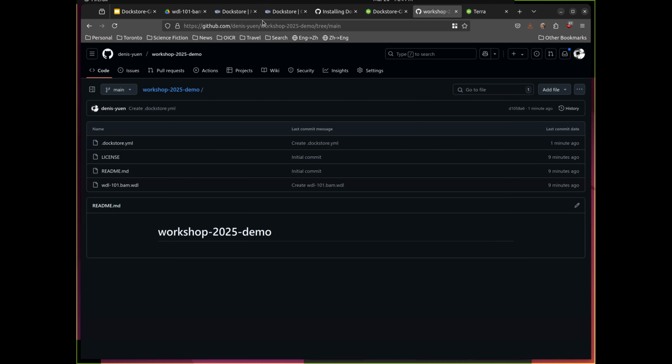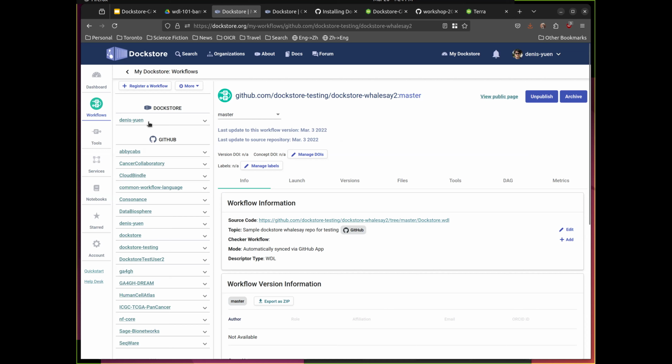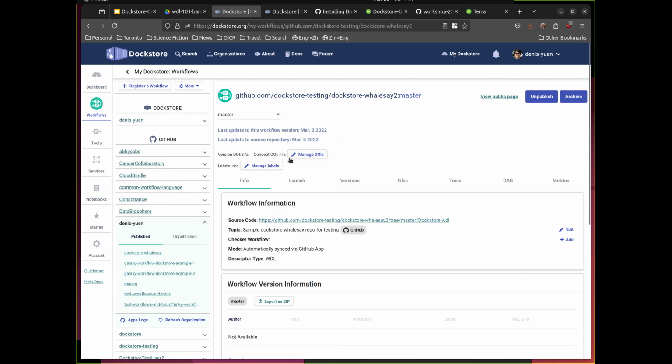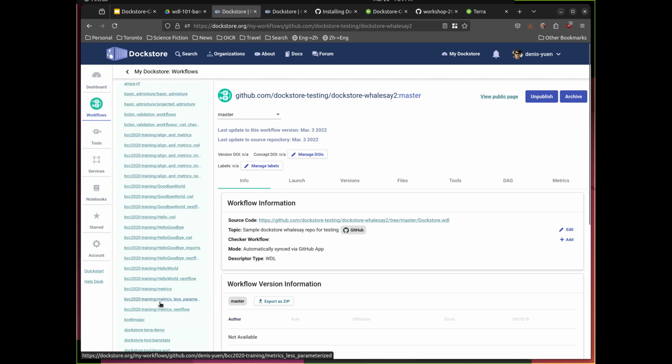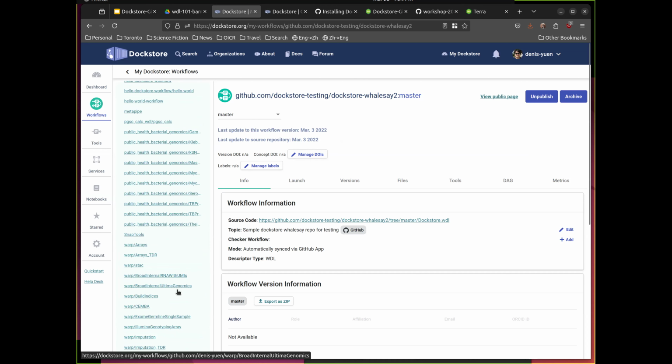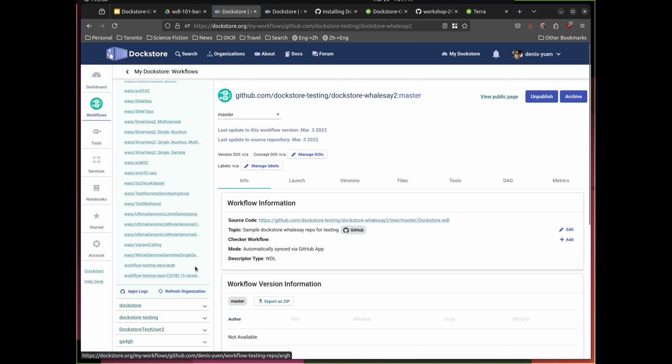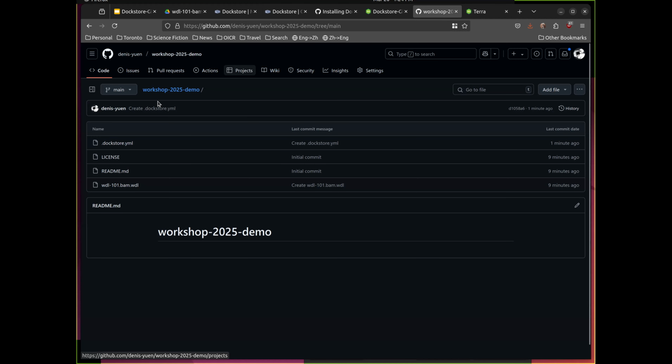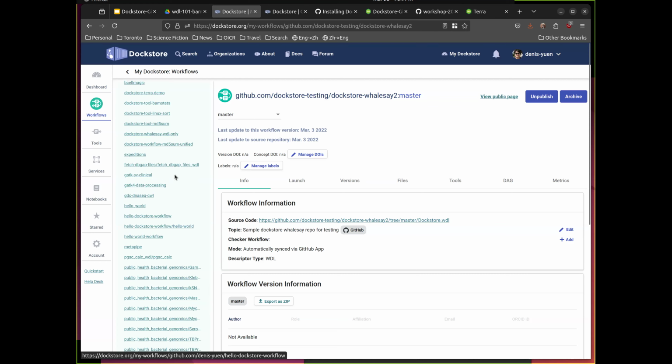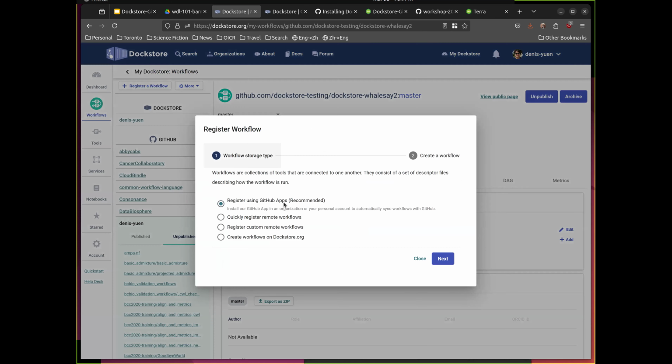yeah, okay, so it hasn't appeared yet. Oh, actually, I guess I created it within my own profile. So I'm going to look into Dennis Yoon and then workshop. Okay, yeah, I see what I did here. I was thinking of creating it within a different organization. I added my app to the wrong organization. This is something that wouldn't necessarily show up in app logs, but I'm just going to have to go through that process again. So adding the workflow,